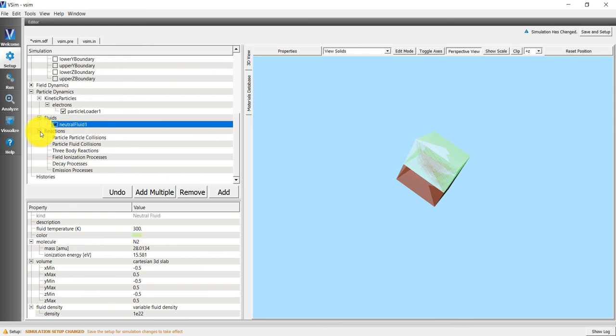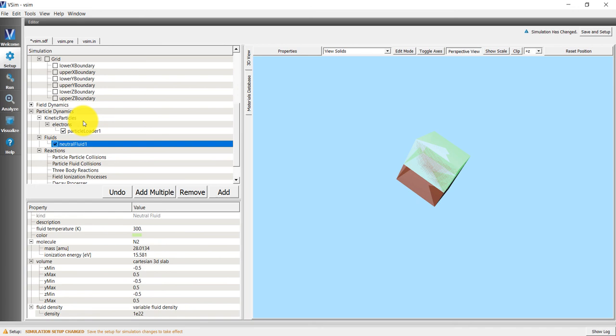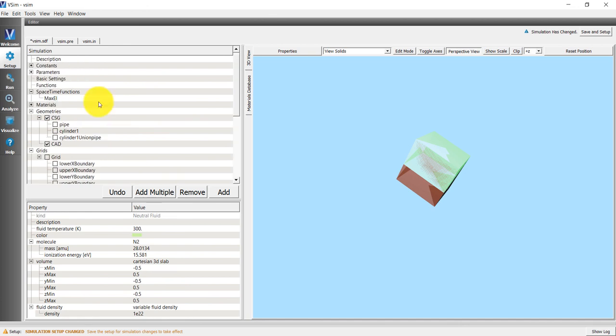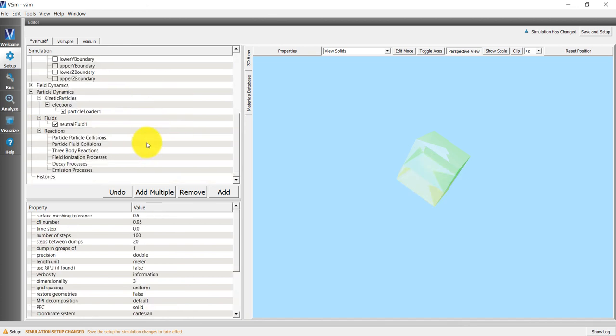So if I expand the reactions option, also just remember that all of these options and tabs are there because in the basic settings tab we set it to include particles and also to include reactions. These tabs are not here if you don't go into basic settings and include particles and reactions. Alright, so under the reactions tab, which is under particle dynamics,